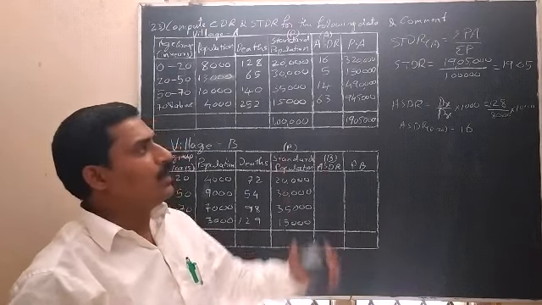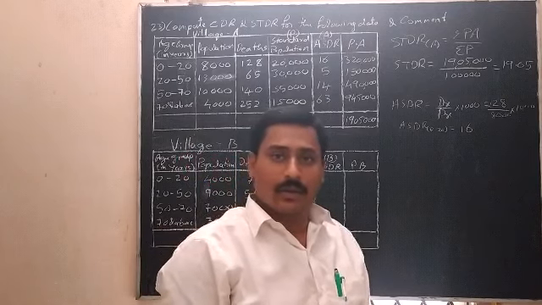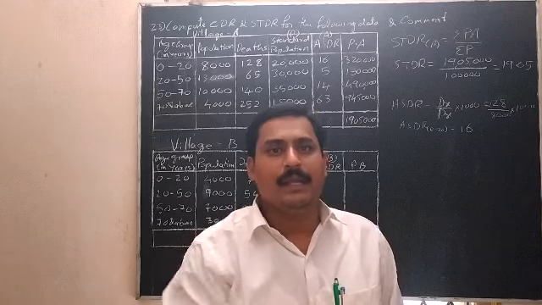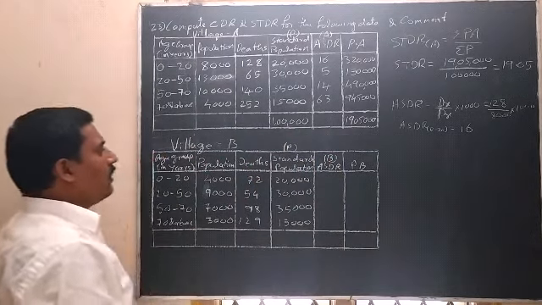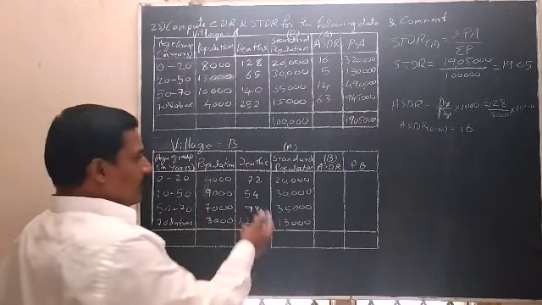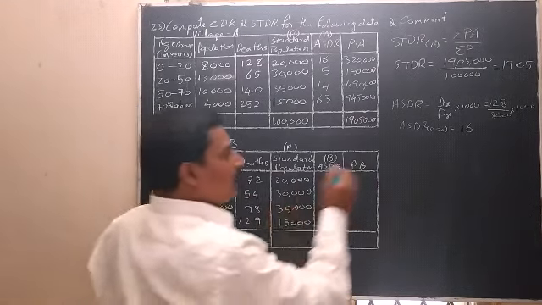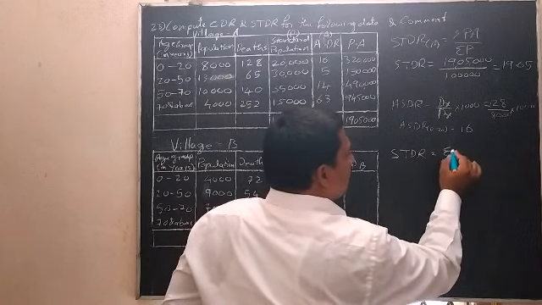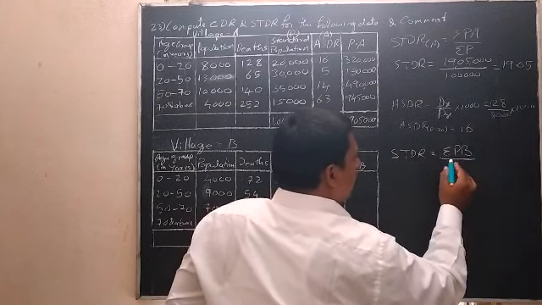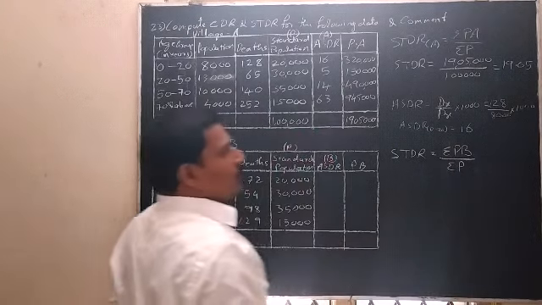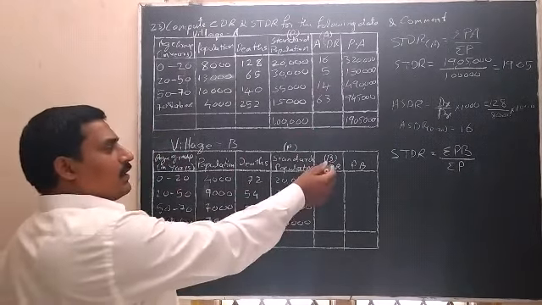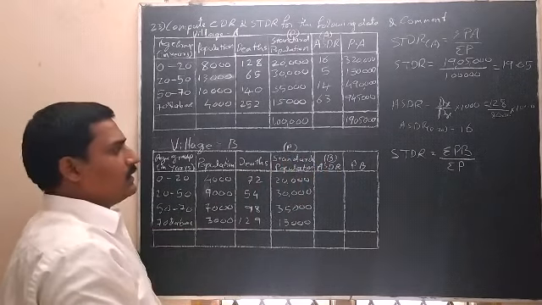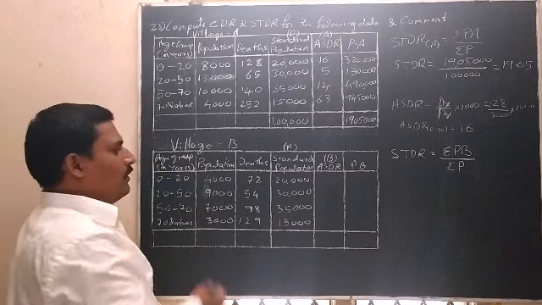Based on just one population's STDR, we cannot compare and comment. So we need to calculate for village B. Let us calculate STDR for village B. Here everything is given, and the formula for STDR is summation PB divided by summation P, where B refers to ASDR of location B and P refers to standard population. So first calculate ASDR for village B.